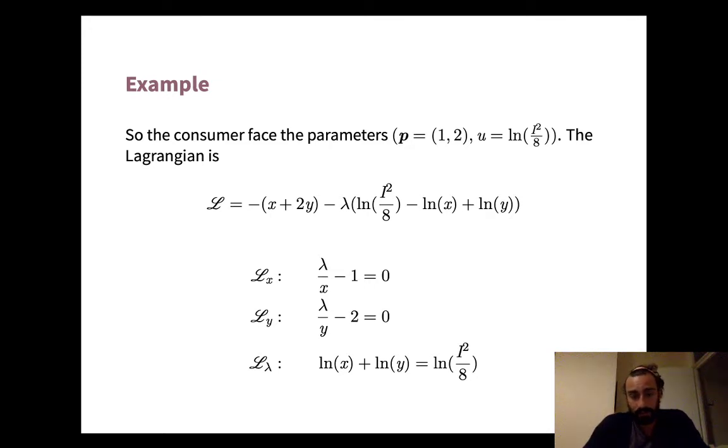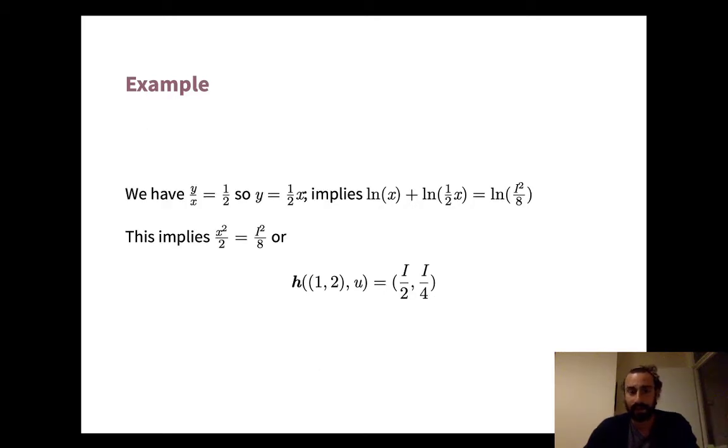Take our three first order conditions, x, y, and lambda. You get these things. I'll let you ponder the arithmetic on your own. You divide Lx by Ly. You get that y over x is equal to 1/2. So y equals 1/2 x. You plug that into the constraint. So remember, in the past, we plugged everything into the budget constraint. Now we're plugging into this utility constraint. It's the same idea. And you end up with ln x plus ln 1/2 x equals ln I squared over 8, which is to say that x squared over 2 equals I squared over 8, which is to say that x is equal to I over 2,